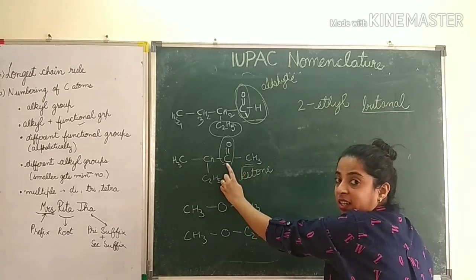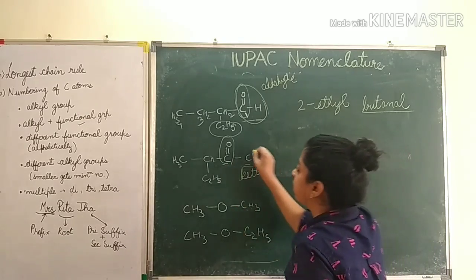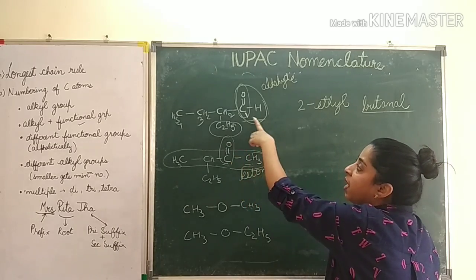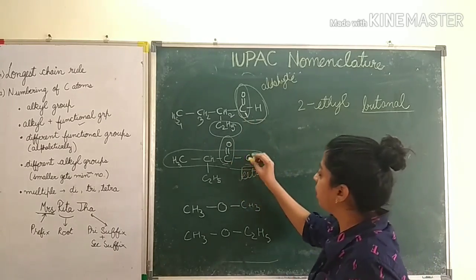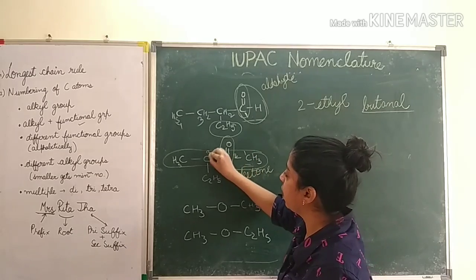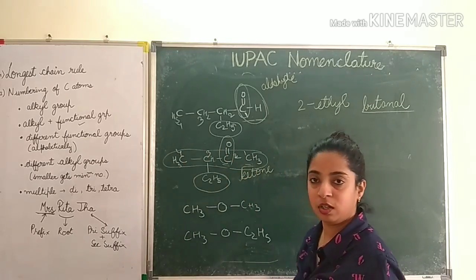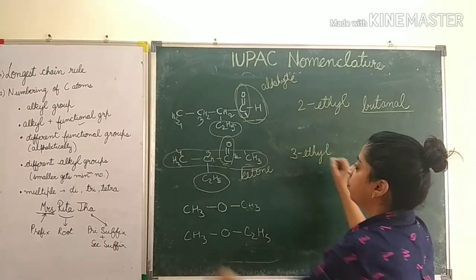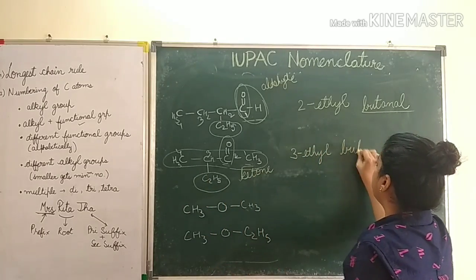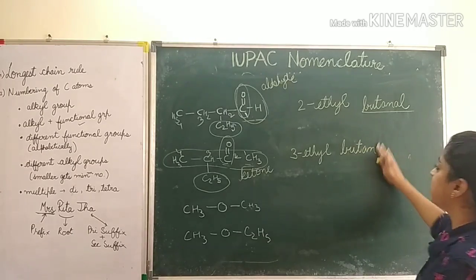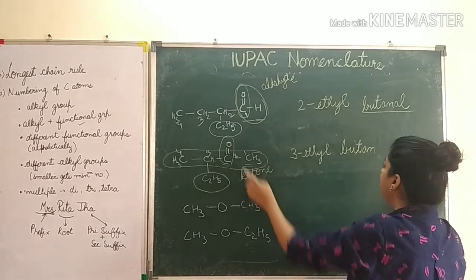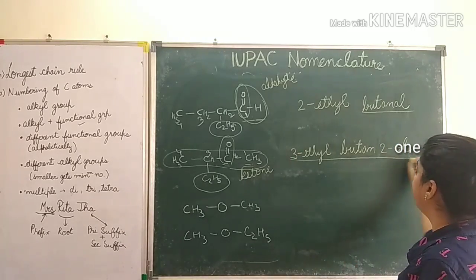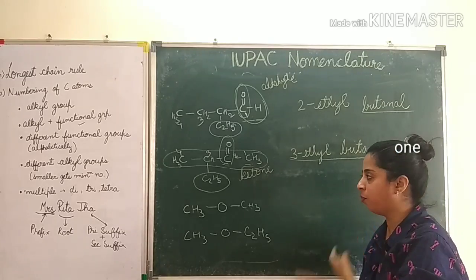Now for this is ketone, so this should get minimum possible number. हम यहाँ से start नहीं करेंगे numbering, हम कार्बन longest chain देखेंगे, तो longest chain ये पूरा आ रहा है. Ketone में the numbering doesn't start from this C, but in aldehyde the numbering starts from this C. So here the number would be 1, 2, 3, 4, and at 3 position we have got ethyl group. So 3-ethyl, okay, there are 4, so butane, I will drop this e, and since this is one, so butan-2-one or 2-butanone, okay, 3-ethyl butan-2-one or 3-ethyl 2-butanone, both are correct.